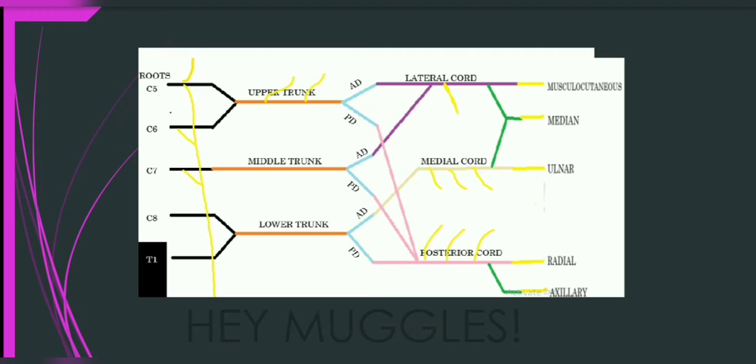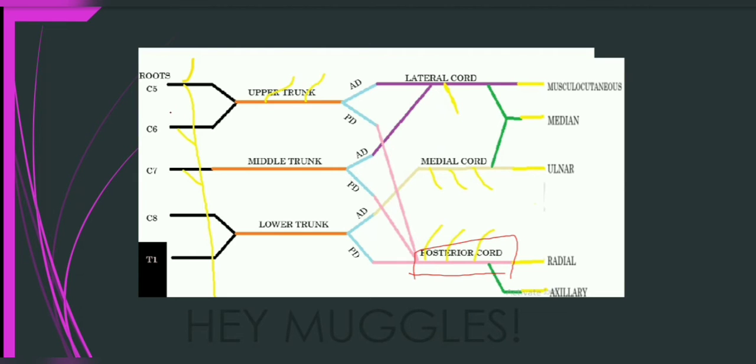So let's start. You are already familiar with this diagram, right? This is the diagram of your brachial plexus. We have already done a separate video on the brachial plexus. So we are concerned with the origin of your radial nerve. Here you can see that the radial nerve is originating. It is a continuation of your posterior cord. This is your posterior cord in pink, and the radial nerve is continuing as posterior.